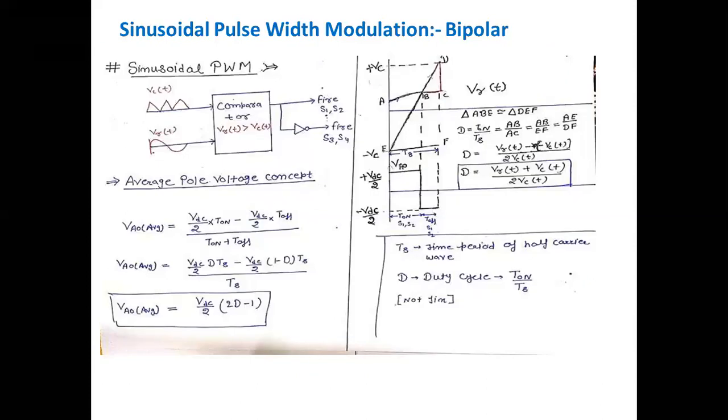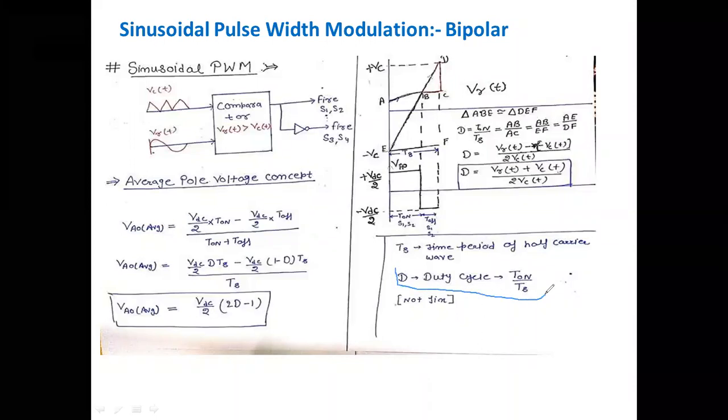Okay, so here we get VDC by 2 for T on time and minus VDC by 2 for T off time. Now you know that if I want to average, we will divide by T on plus T off, which is the complete cycle of this pulse. So VDC by 2 during T on minus VDC by 2 during T off, divided by T on plus T off. Now if I want to solve this, I take out VDC by 2. Okay, now T on can be represented as...